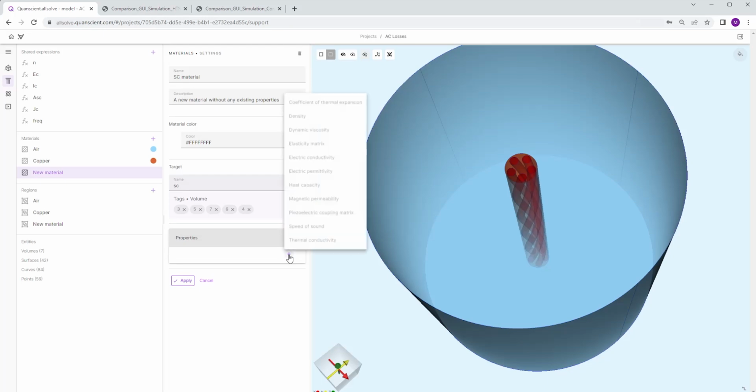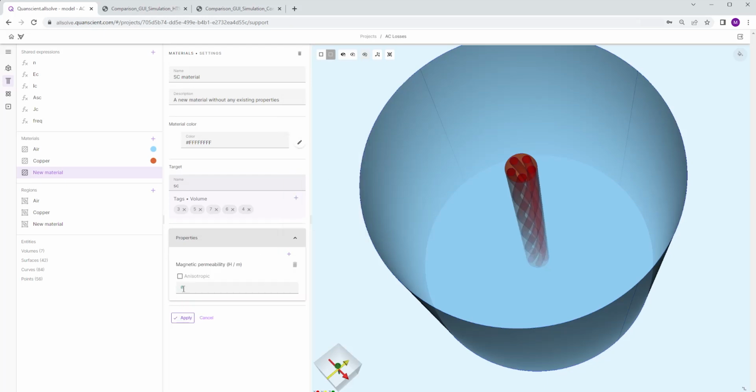And as properties, we're going to set the magnetic permeability to μ0 and the electric conductivity, we're going to use the power law, and using our defined expressions from before and a minimum and maximum value to not encounter any numerical issues.